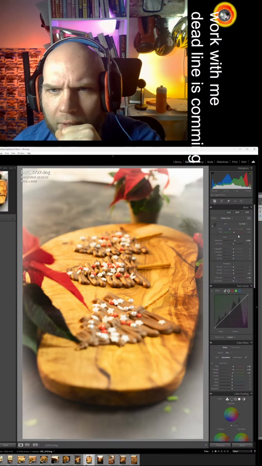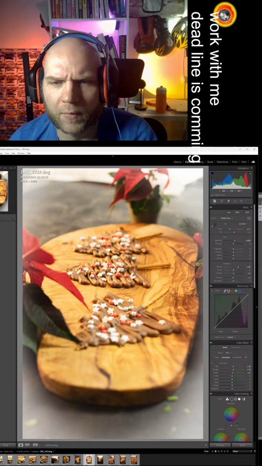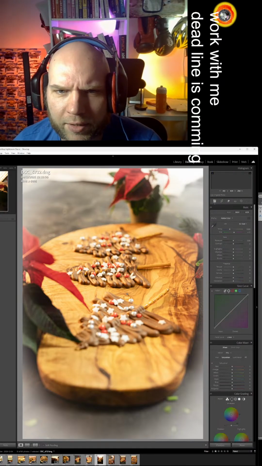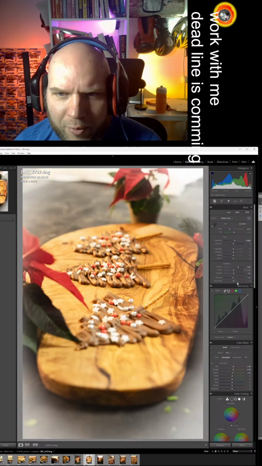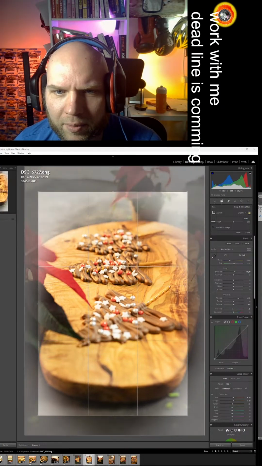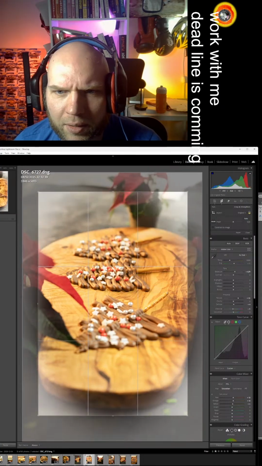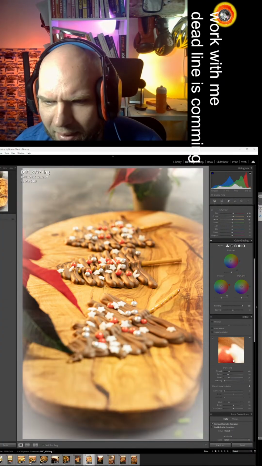It's actually not that sharp. Let's check the next one. I cannot see the same vibe with this photo. I don't know. Let's crop it a little bit like this. Sometimes you have that feeling that it's okay, but it's not.